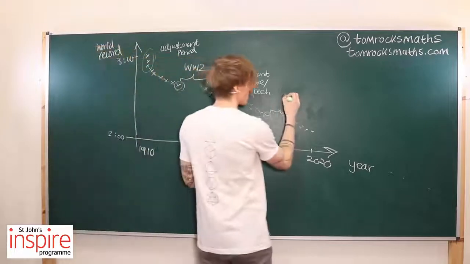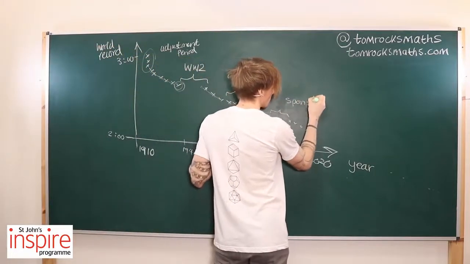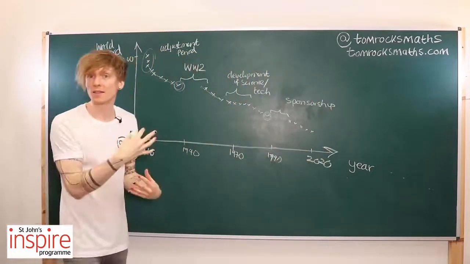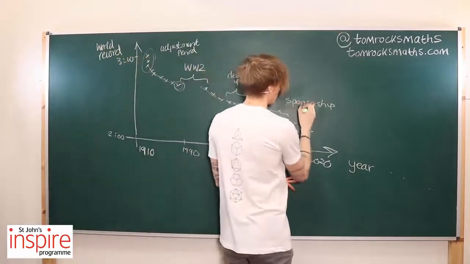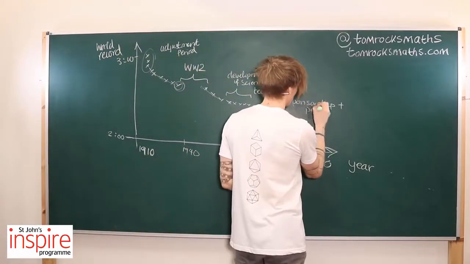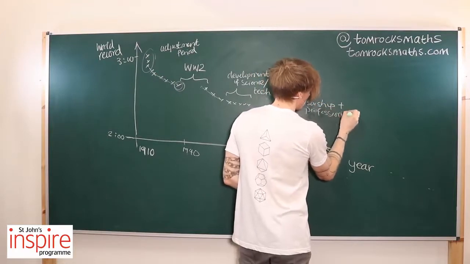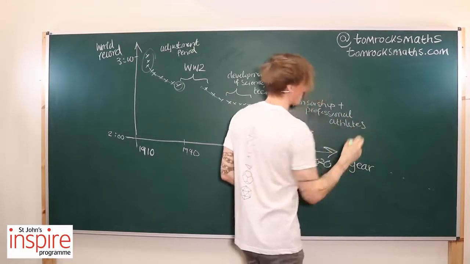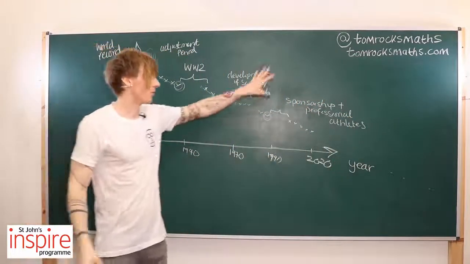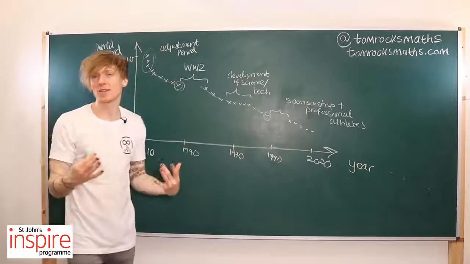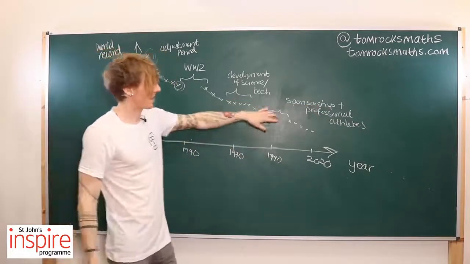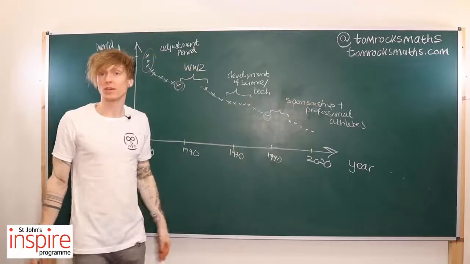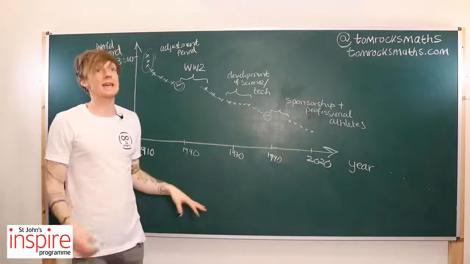So you began to see sponsorship of athletes. So sponsorship, and what sponsorship does is it brings in money for the athletes, and it means that they can turn professional. So sponsorship plus professional athletes. And what you mean when you say somebody turns professional in any sort of discipline or job is that they do it for money. They do it to earn a living, and they don't have to do anything else. So what's happening here, when the athletes could become professional, and then we started to see the world record come down. So I think what's happening there is